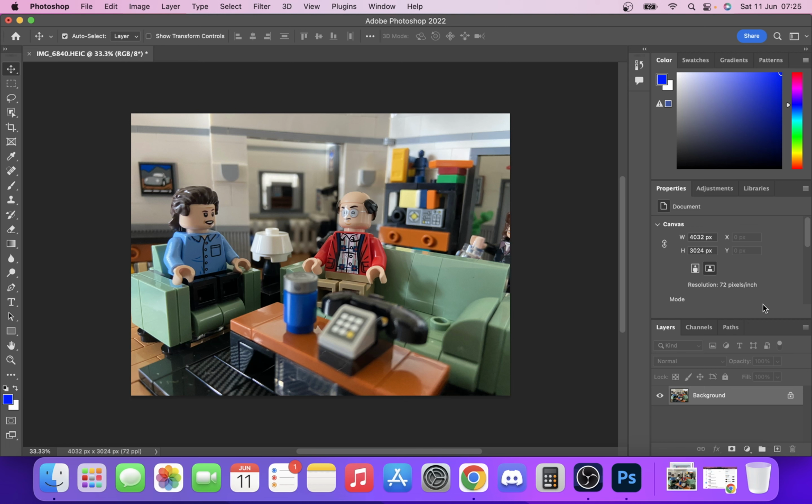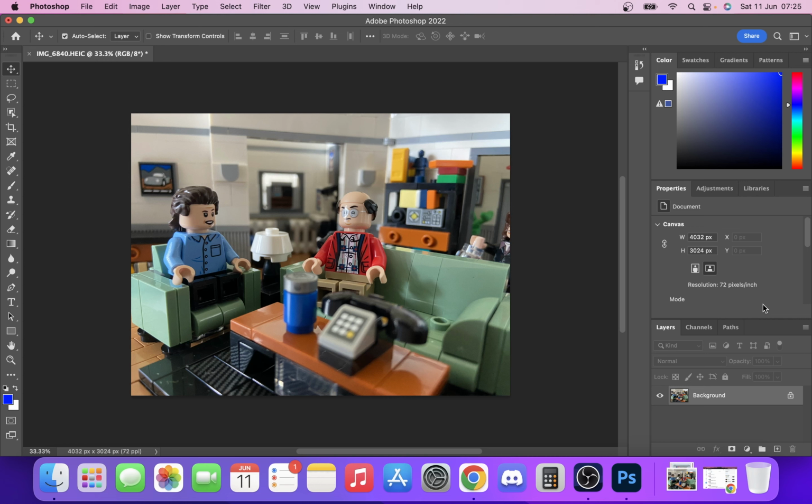So today we're going to be doing a Photoshop tutorial and we're going to show you how you can blur an image. Now this is just a general blur, but this is the most effective way that you can blur an image, and it's very simple. So as you can see here, I've already opened up an image in Photoshop that we're going to blur, and